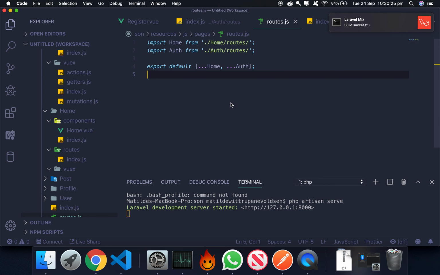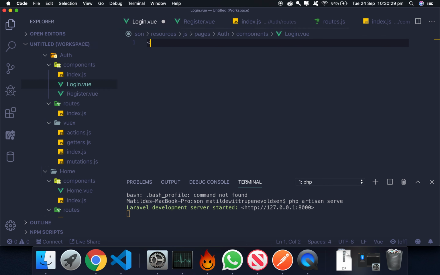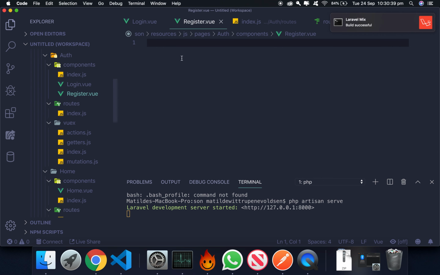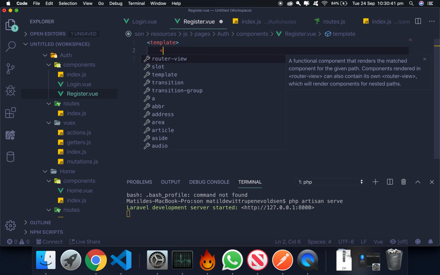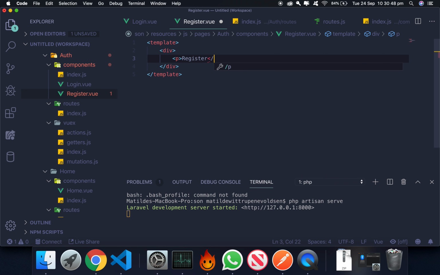Great. And then let's start with just a template, a div, and in here let's have login. And in case of the register, let's have the same here. Register. Great. So now if we go up and open this URL here,